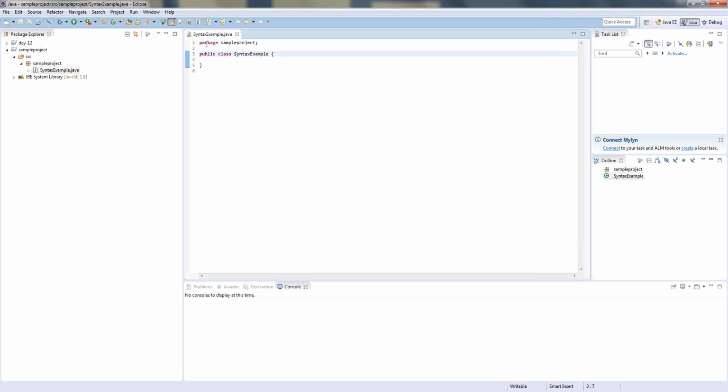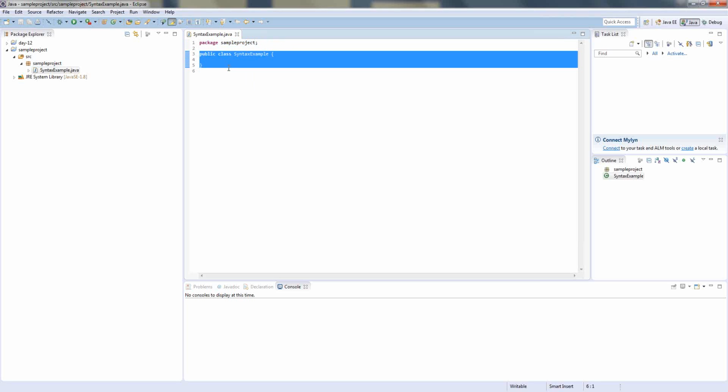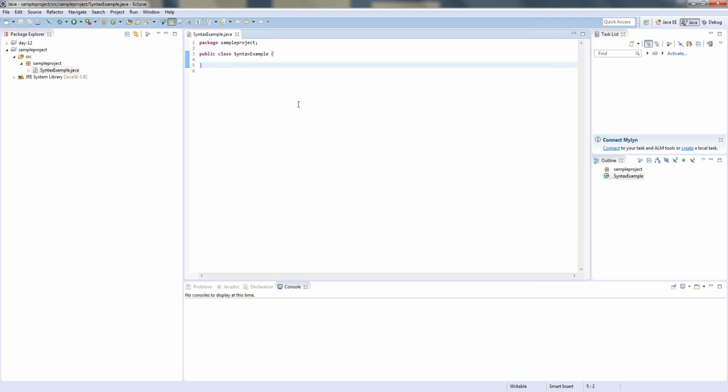I'll tell you about package also today. The main thing is whatever code you write, you need to write inside a class only. This is the feature of object oriented programming. There are many features of object oriented programming, and Java follows object oriented programming. So the features are something like